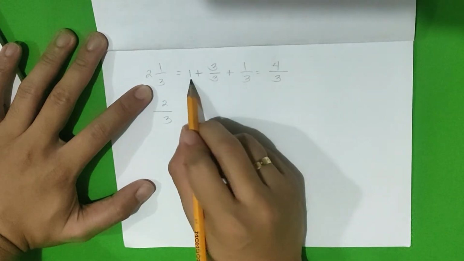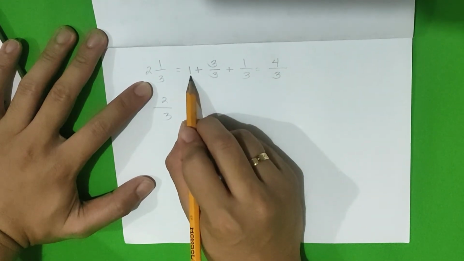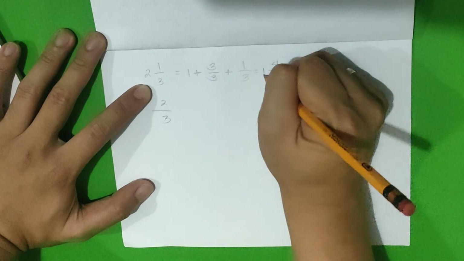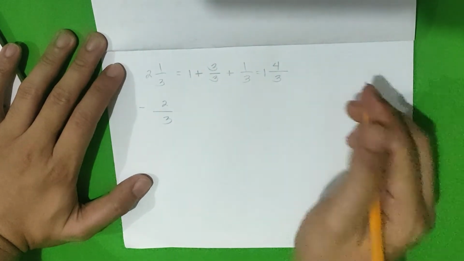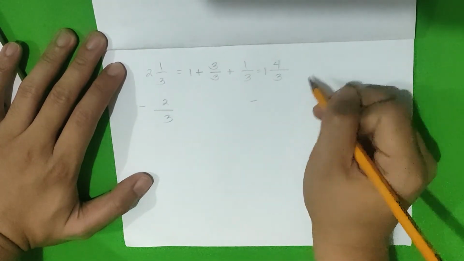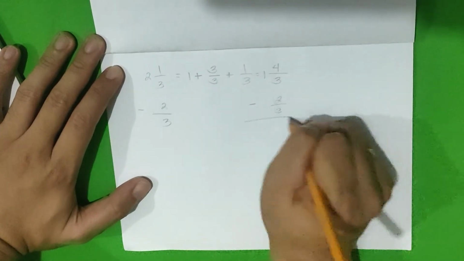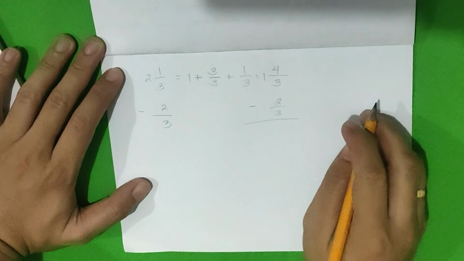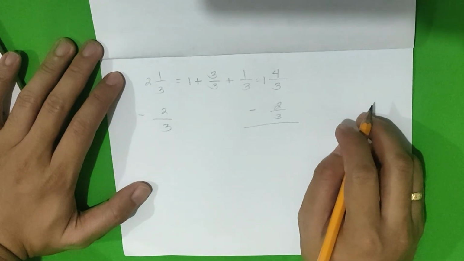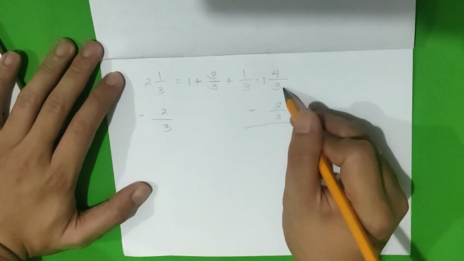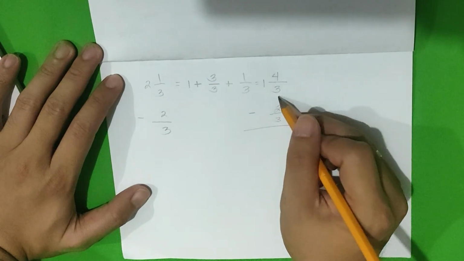And then copy the denominator, which is number 3. And now let's proceed with the subtraction of the subtrahend 2/3. So, let's now subtract 1 4/3